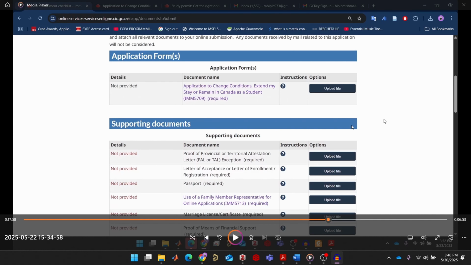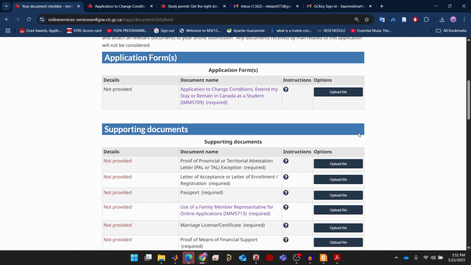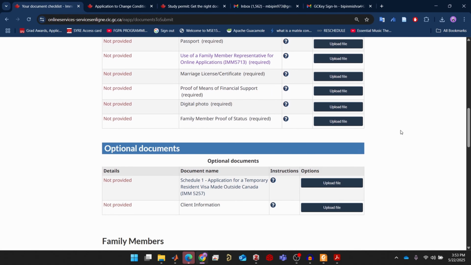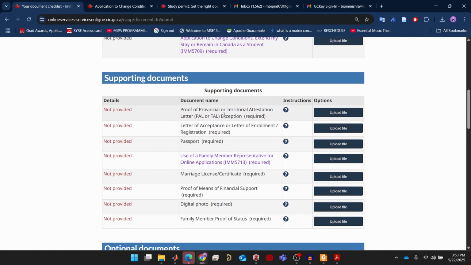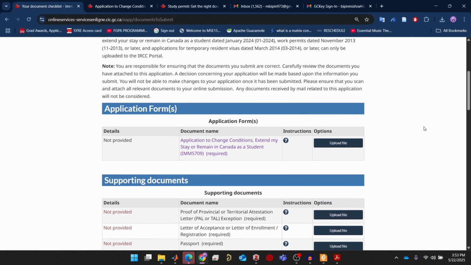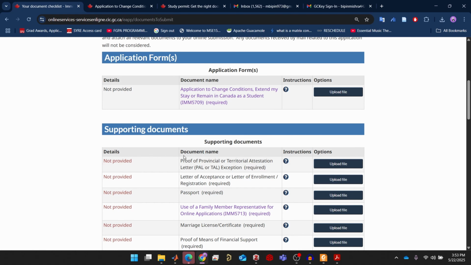Now at first let's discuss where do you need Provincial Attestation Letter and why do you need Provincial Attestation Letter during the visa extension process. After you complete your visa extension form, you will be taken to this page where you will upload various different documents which include IMM 5709 and other supporting documents like PAL, letter of acceptance, passport and other documents. So as you can see here, this Provincial Attestation Letter is required. So unless you upload a certain file in this section, you will not be allowed to pay fees and apply